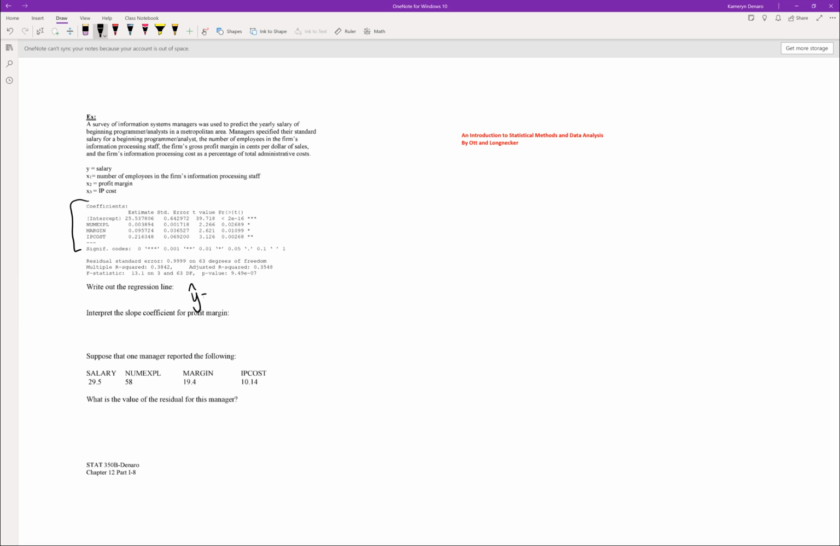Y hat equals 25.54, I'm doing some rounding, plus 0.0039 times X1, the number of employees in the firm's information processing staff, plus 0.0957 X2, the profit margin, plus 0.2163 times IP cost, or X3. It would have been appropriate to write it this way, or you could have said the expected salary